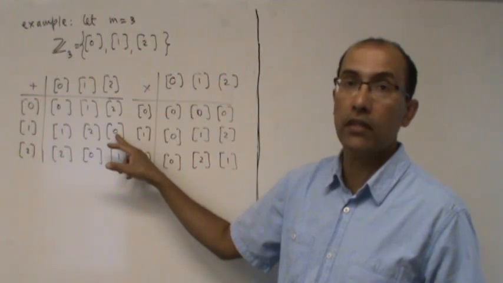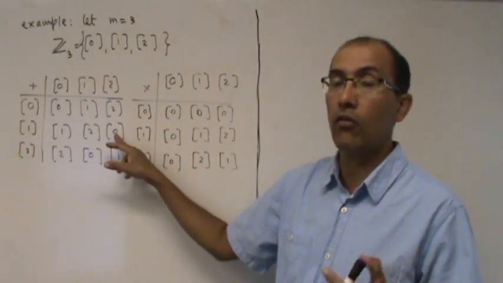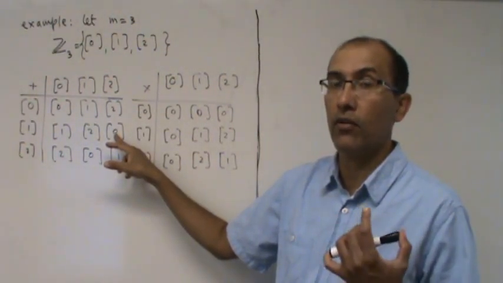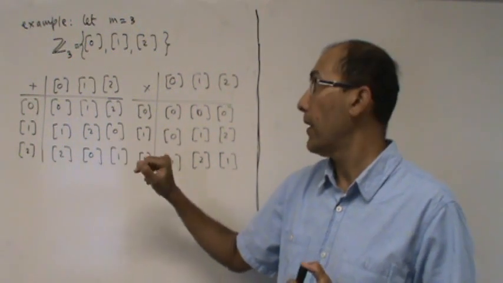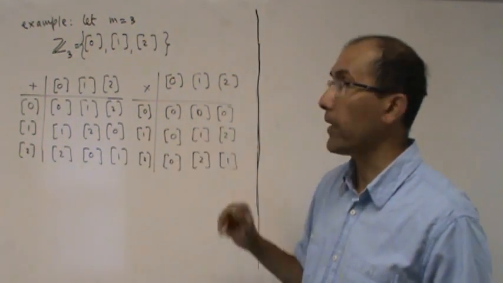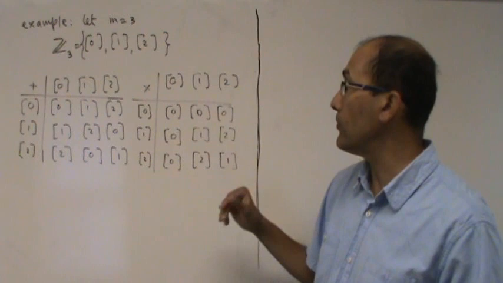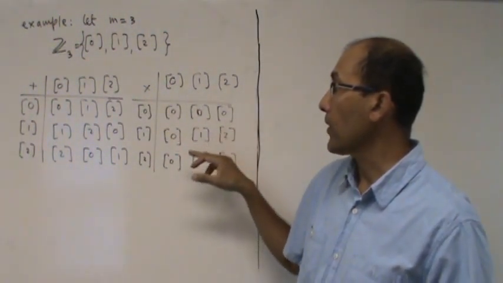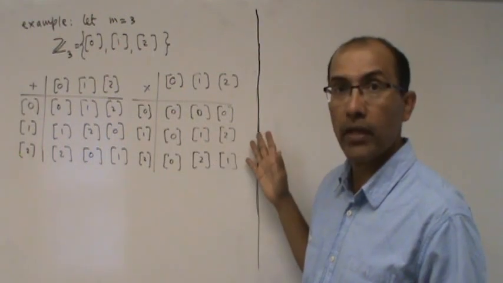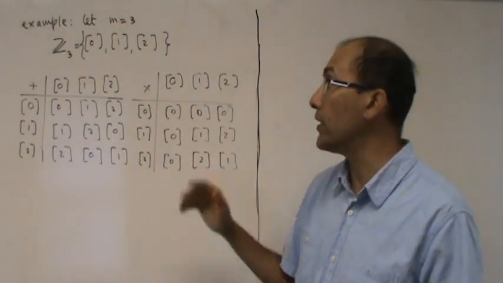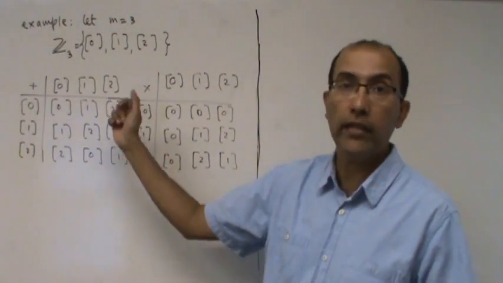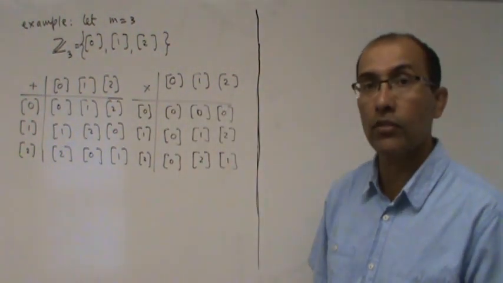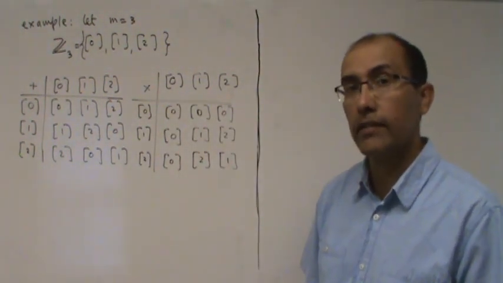1 plus 2 is 3, so 3 means it's a congruence class of 0 because we are talking congruence modulo 3. And so on. Multiplication chart here, again you will see if I multiply anything by 0 it is 0, and then the other ones when you multiply you will get this answer. So we have a table that tells us all the additions and all the multiplications of these congruence classes.